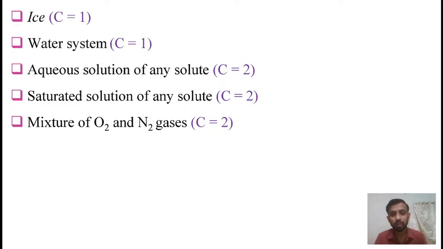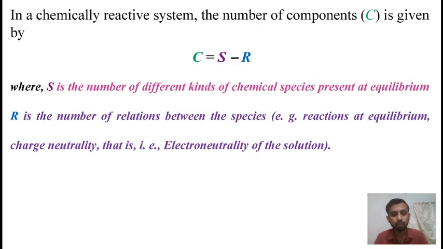But friends, the question arises, if species do react and are at equilibrium, what will be the approach? The approach is simple. See the approach. If species do react and are at equilibrium, we must take into account the significance of each phase in the system, which is expressed in the definition of component. In such cases, we have to follow this approach to calculate the number of components present in a system.